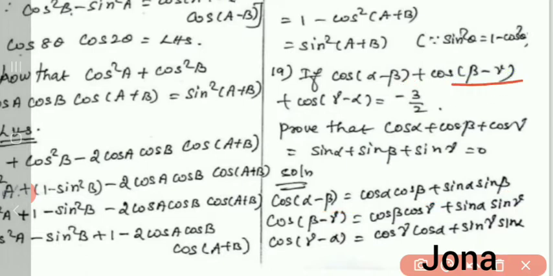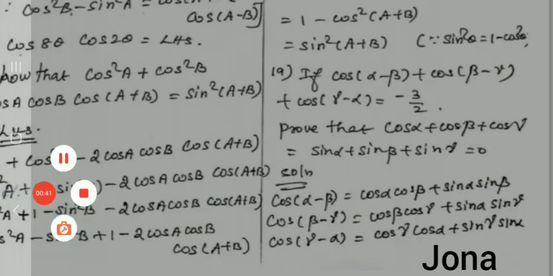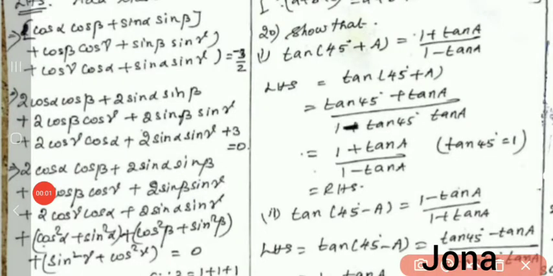The second one, cos of beta minus gamma, can be written in this formula, and then cos of gamma minus alpha can be written in this formula. So we have to add everything on the left hand side. We expand by the three formulas, which is equal to minus 3 by 2, as given in the problem. So from this I can get 2 cos alpha cos beta plus 2 sin alpha sin beta